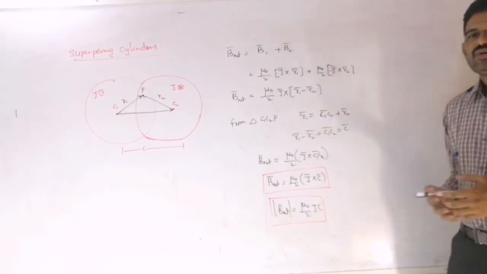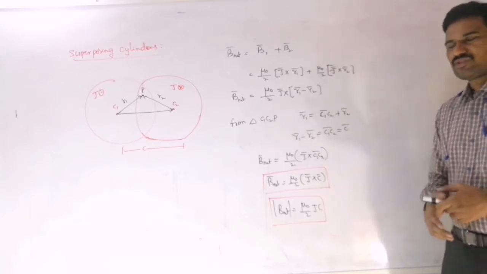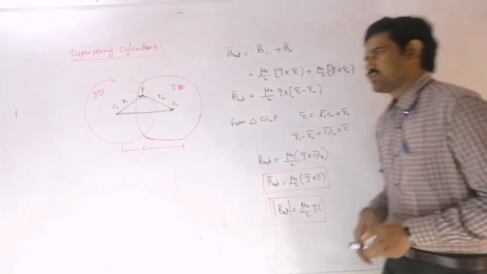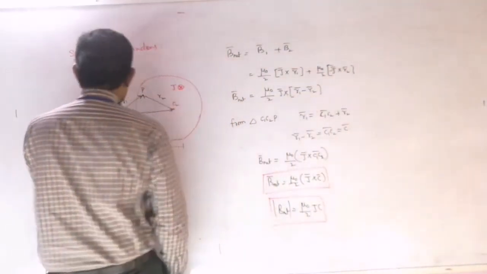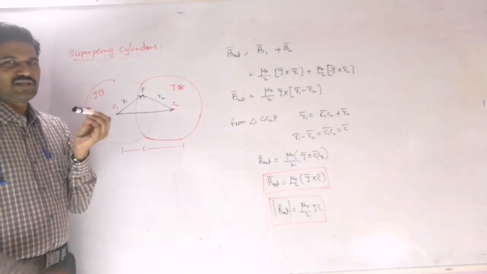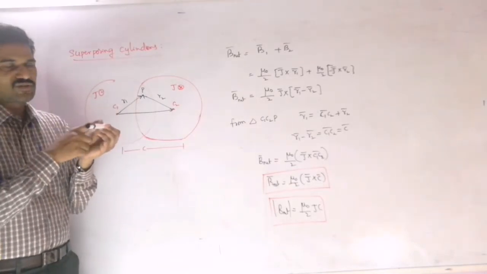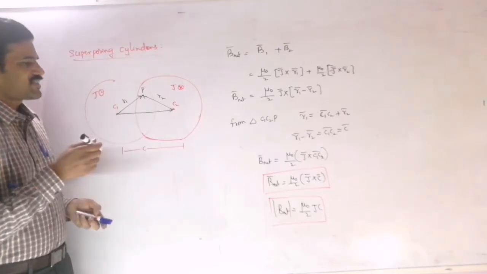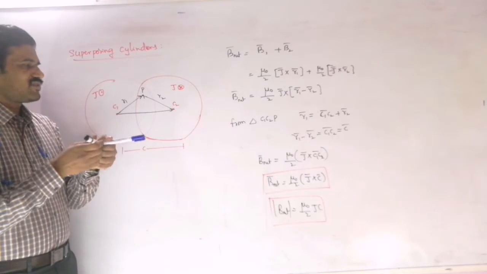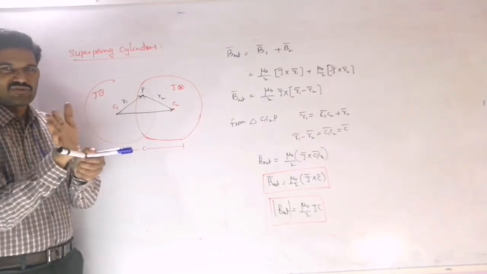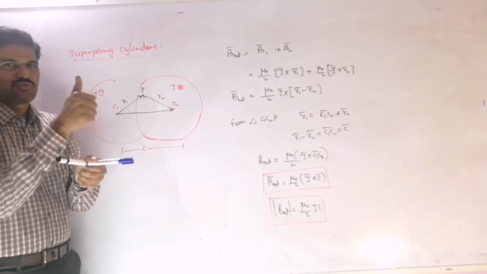And if you want to represent the direction of this magnetic field, you can identify it just by using J bar cross C bar. J bar we are taking out of the plane like this, so we are taking it as a positive J bar. And this C bar is along this direction, from C1 to C2. So J bar is out of the plane and C1 C2 is along this direction, so you will get this upwards like this.